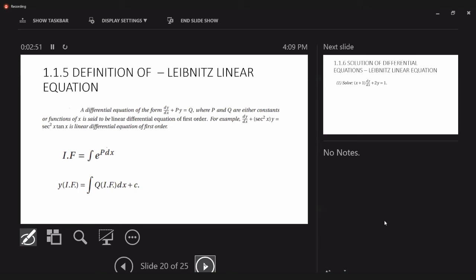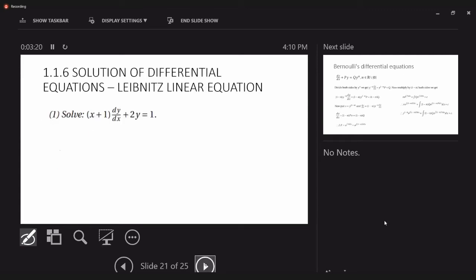All right, then after that, we had seen this Leibniz linear form. Is that correct? Confirm it. Yes, we had seen, correct, isn't it? So this is the definition. This is our Leibniz linear equation. Then we saw the method of solving this equation also, where we are finding out the integrating factor. Then after finding out the integrating factor, we are using this formula and finding out the solution. So I think we had finished up to this point. Then we saw one supporting example also for this Leibniz linear equation.